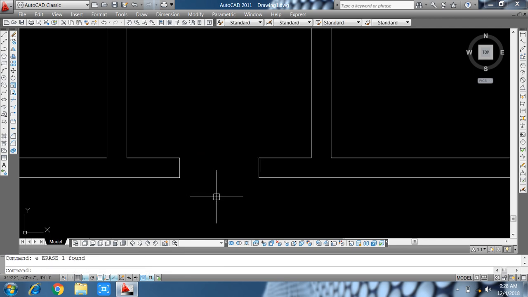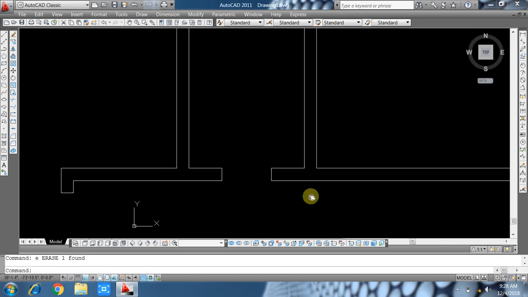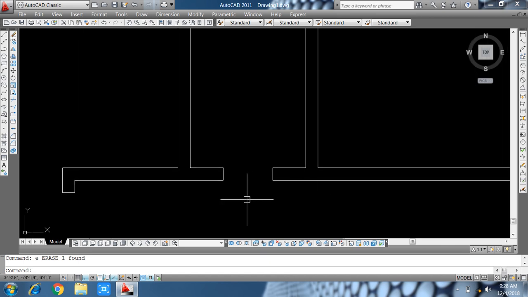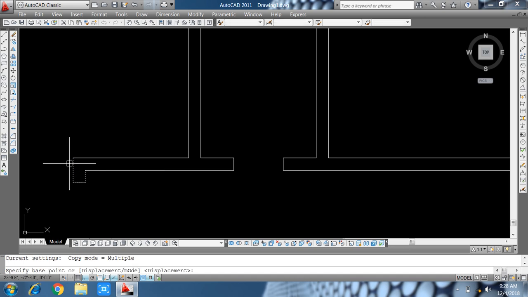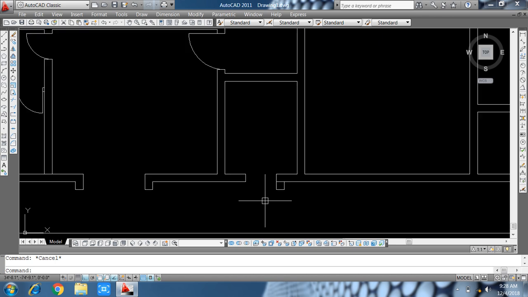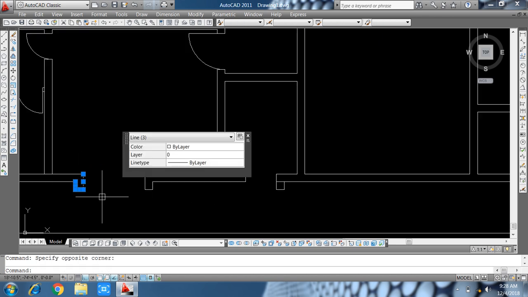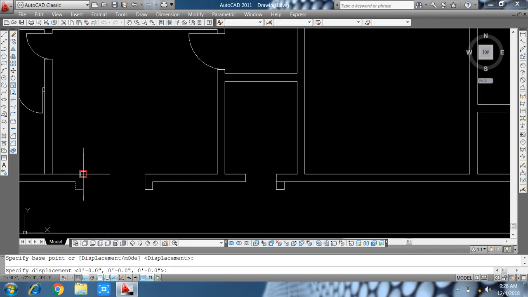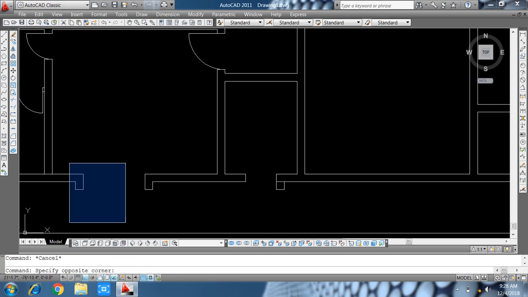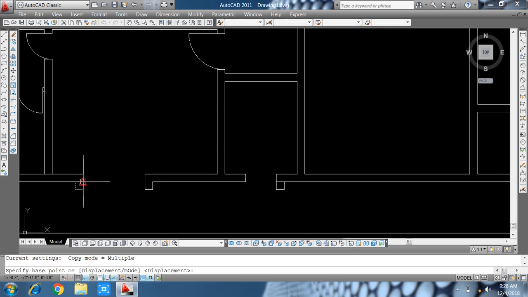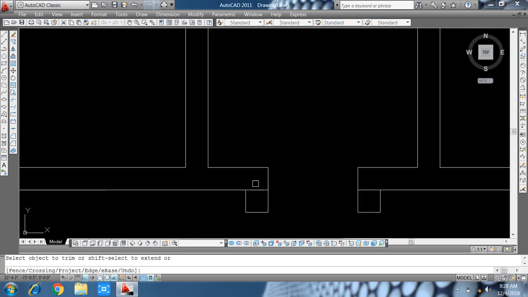So here we make that, also offset 4.5 inch, set 2 feet 6 inch, extend it, trim, circle, extend this line, trim, trim, and delete this line,